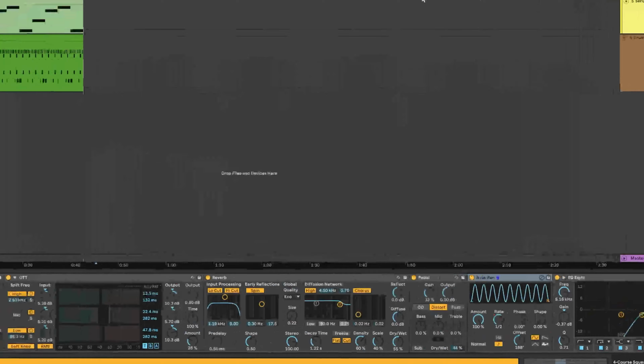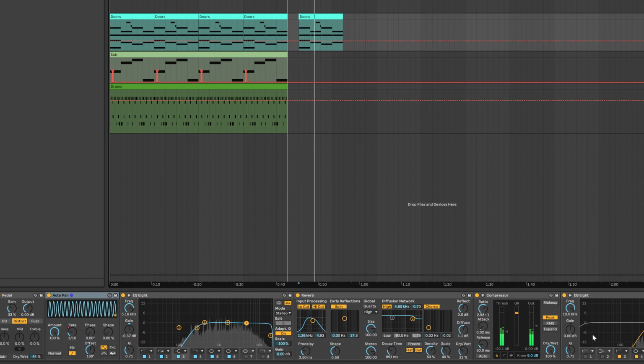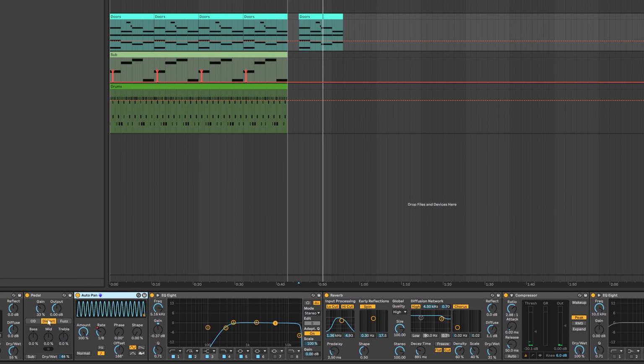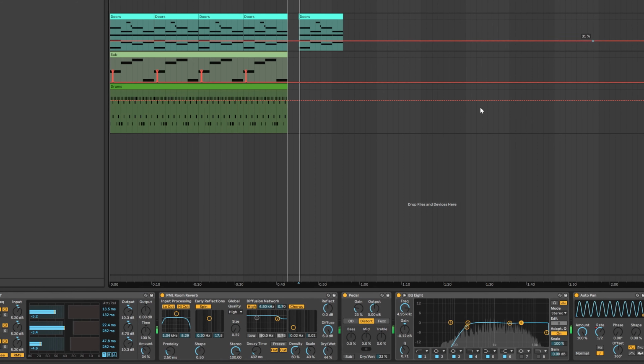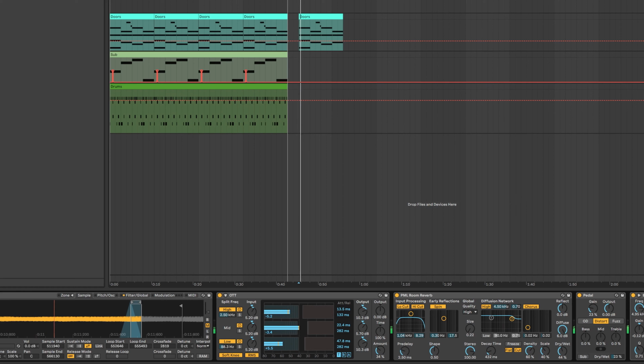Let's hear how the original one sounds. The original one has a lot more pedal, as you can see here, and a different root. And some more detune up. Always remember to tune this sample.